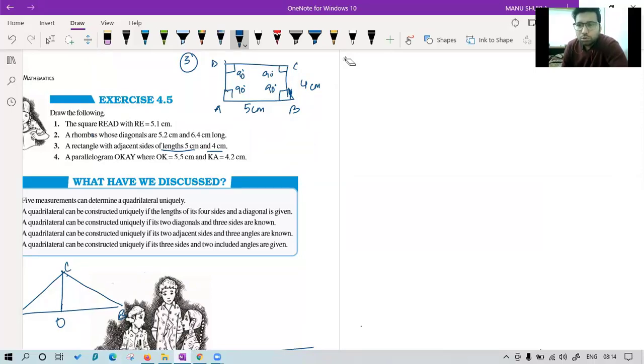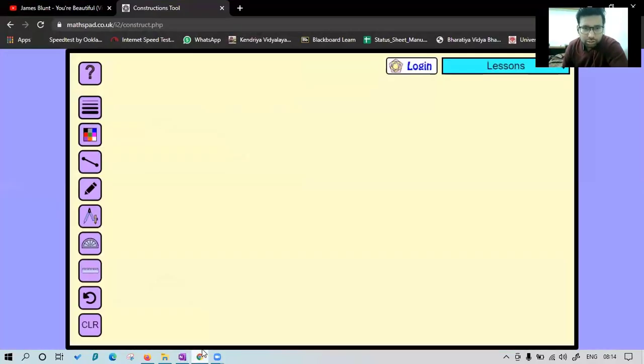Harshul, opposite sides are equal is already covered when you say it is a special parallelogram. Now we can say this is 5, this is 5, this is 4, this is 4. So now we can draw 5, 4, 4 and these two angles, and our rectangle is ready. Just let me show in a fast way.